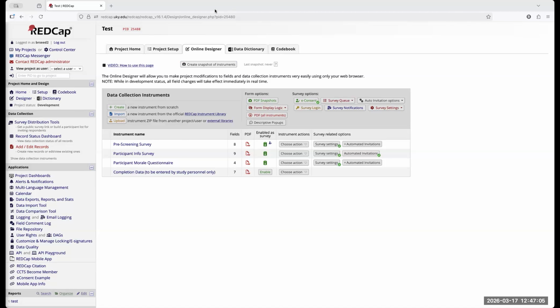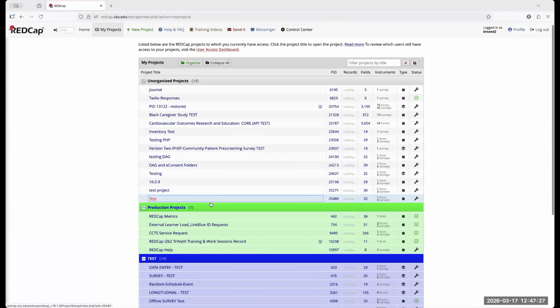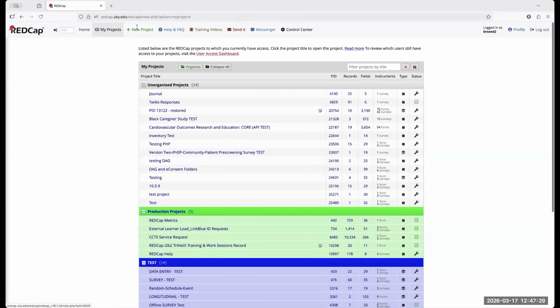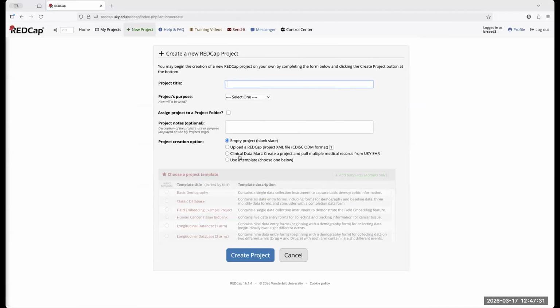Brent, do you have any databases that are for practice and that people could join that already have data in them so that they could practice, let's just say reports? No, I don't have any. I don't think REDCap has any that you can use that actually have data in them.